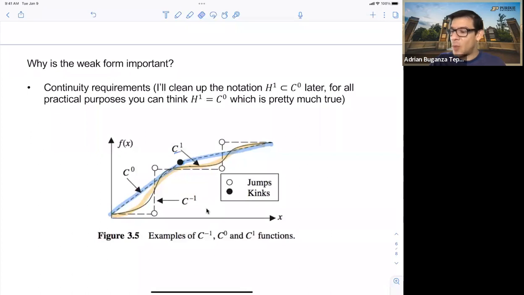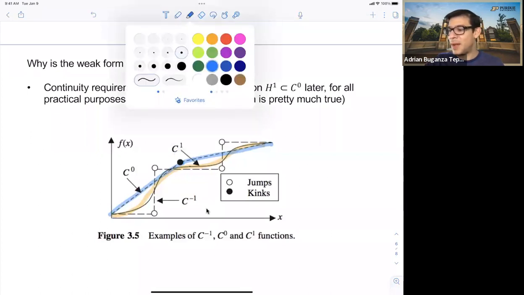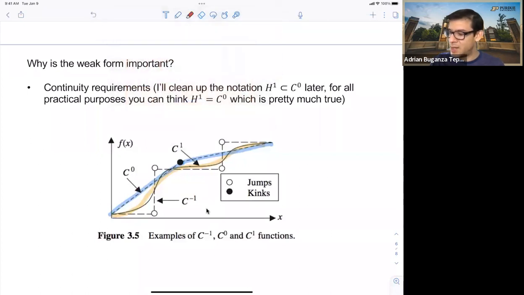And then C-1 functions are discontinuous functions. So obviously that's even less continuity. The C-1 function, like here, this one has jumps. That's a C-1 function. So for FE,